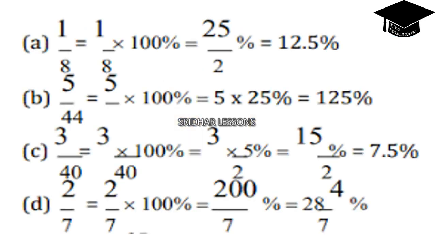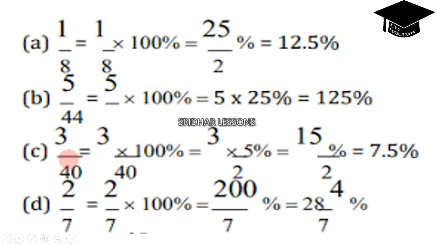Next, see this one, 1 by 8 can be converted into percentage as 1 by 8 into 100, that is 25 by 2, which is equal to 12.5%. Similarly, 5 by 4, that is 5 by 4 into 100. 4 cancels here, and this will come, so this is 5 into 25, which is equal to